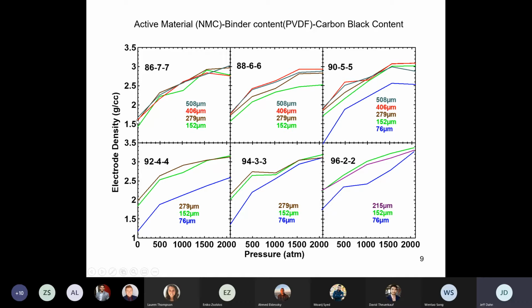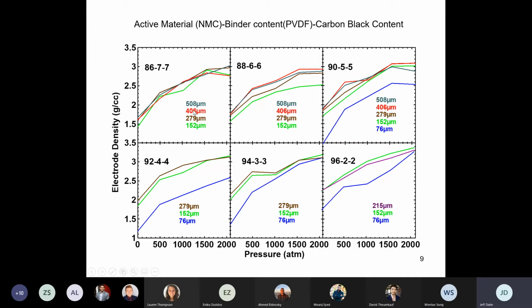And you can see that when you compress the electrode, it gets denser and denser, not thicker and thicker. And these numbers that you see here are the initial thicknesses of the electrode coatings. So they were all compressed to roughly the same density,